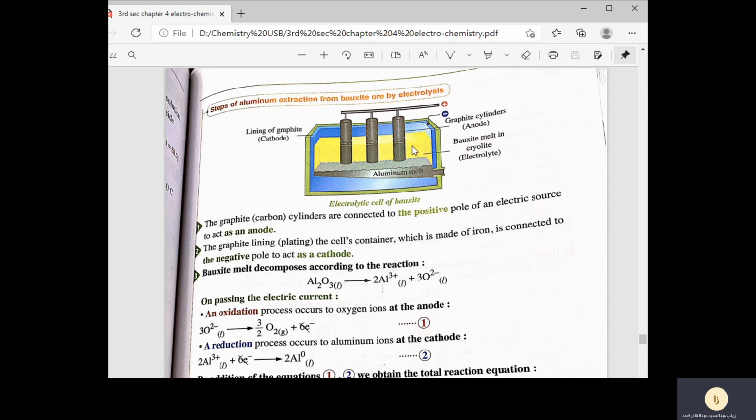Inside the container we put the three substances as we said: bauxite, which is Al2O3, and cryolite as a melting material, and fluorspar to decrease the melting point. Here in number 1, we note that the graphite or carbon cylinders are connected to the positive pole of the electric source or battery, so they act as anodes. Graphite lining the container acts as the negative pole of the battery. Number 3, bauxite melts